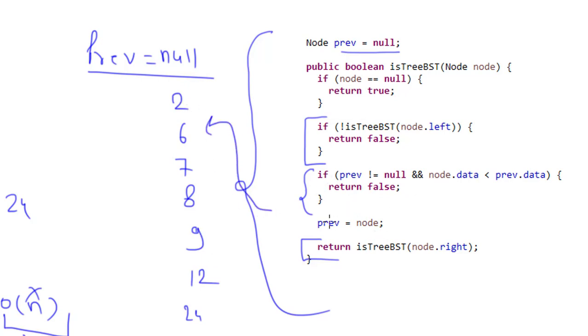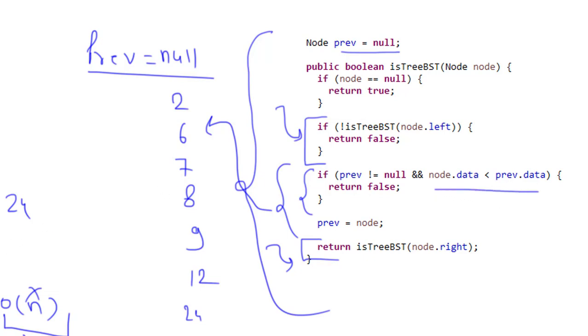And then once we are done with this, I'm returning isTreeBST of node's right, because this is how it goes left side, this is how it goes right side, and in between it is doing this check, right? So what is happening, we just did the in-order, because if you are talking about a BST, it should be in sorted order in the in-order traversal. So that is why we did the in-order traversal, and we are always checking with the previous value, right? That's what we did here.